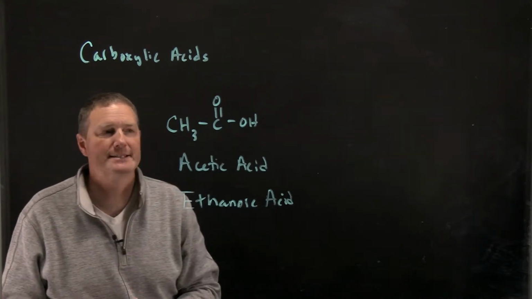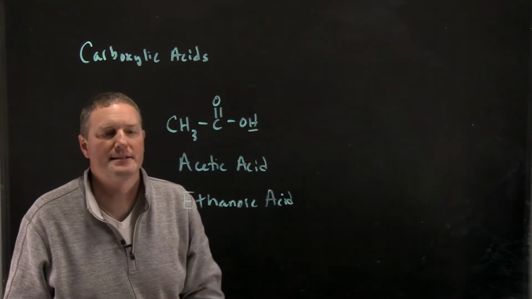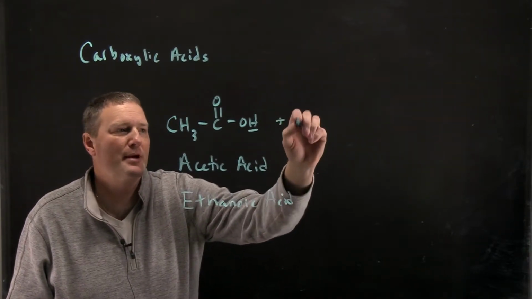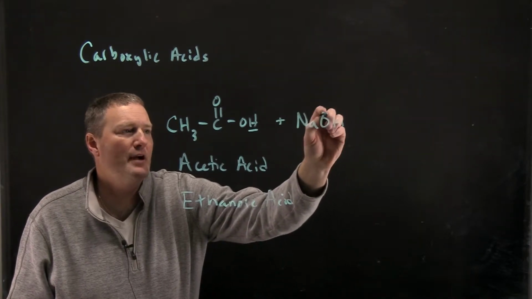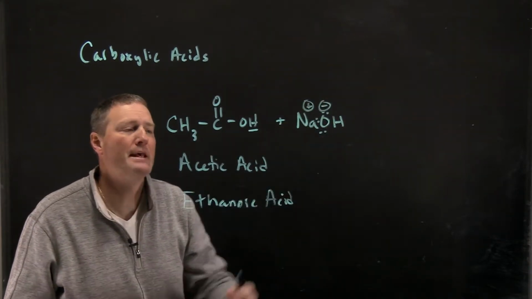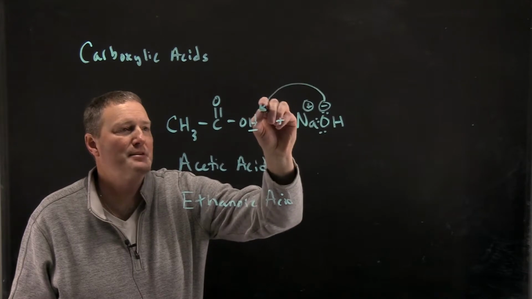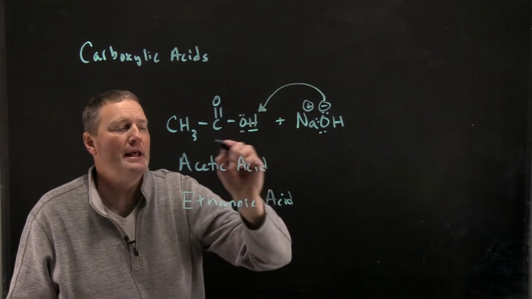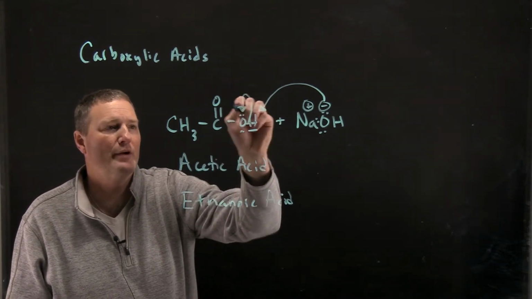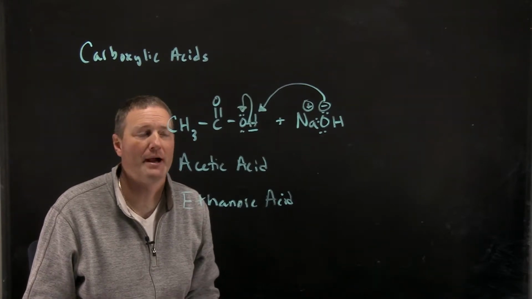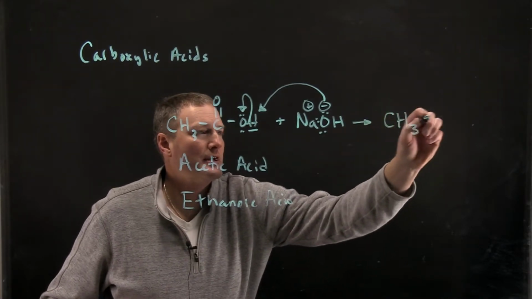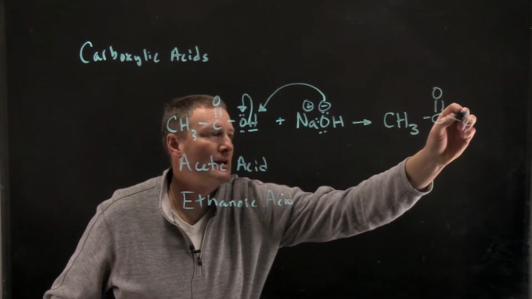If I treat this with a base, we've talked about prior to this video that the OH of a carboxylic acid is in fact acidic. So let's say I treat this with sodium hydroxide. Now sodium hydroxide is a salt, so when I put it into water, it'll dissociate into the hydroxide ion. Now this hydroxide will come over and act as a base to pull off the proton. In doing so, it's going to break the OH bond, and the 2 electrons of that bond are now going to go over and reside on the carboxylic acid oxygen. And what that'll do is convert the carboxylic acid into this compound,